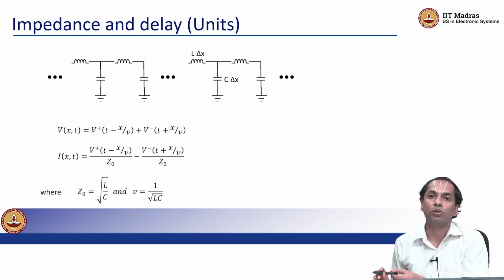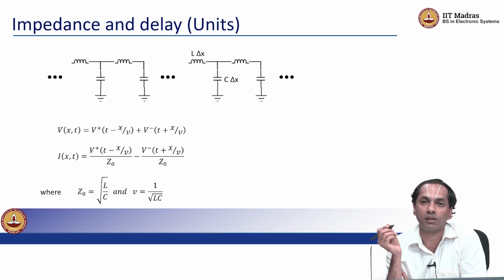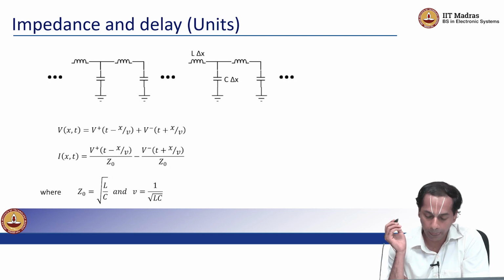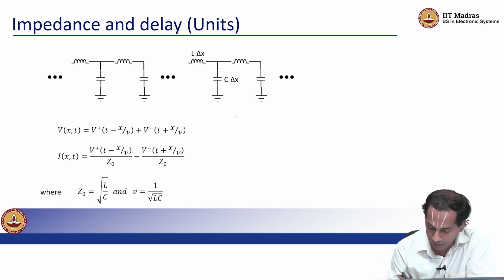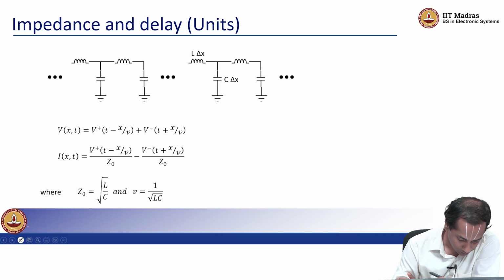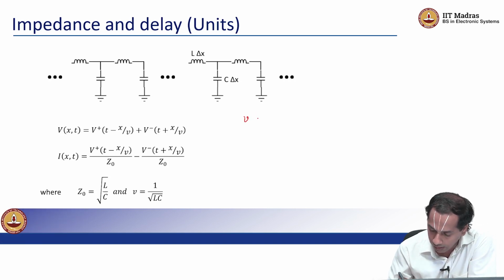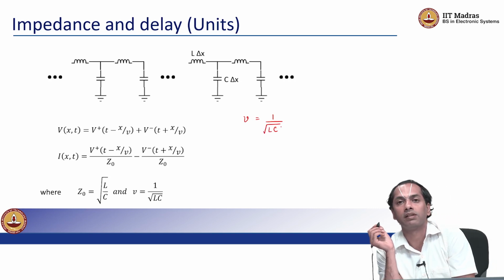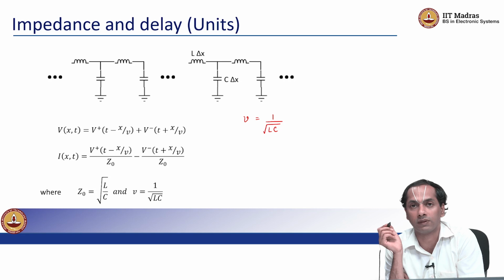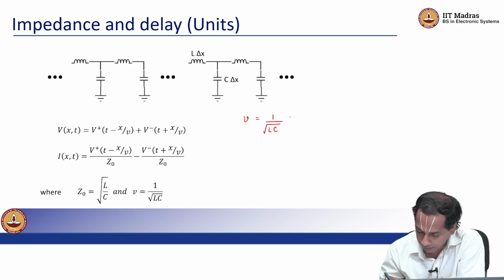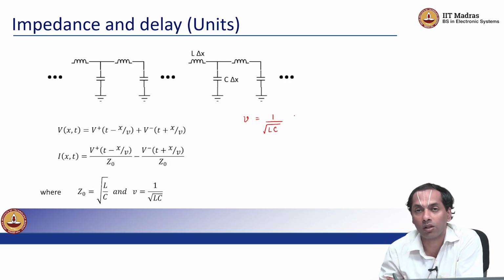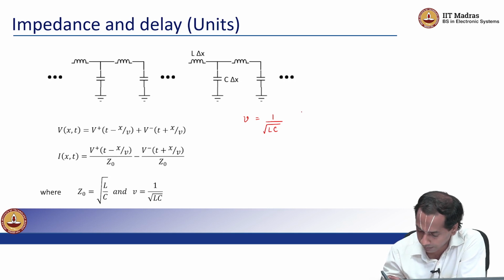So now let's go back and see some of those proportionality constants and what units they have. Remember that I called the constant 1 over square root of LC as V, which is actually the velocity of the wave in the original wave equation. Remember, L and C in our model are distributed values, inductance per unit length and capacitance per unit length. So if I wanted to find the units for this,